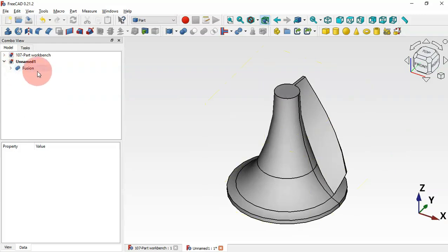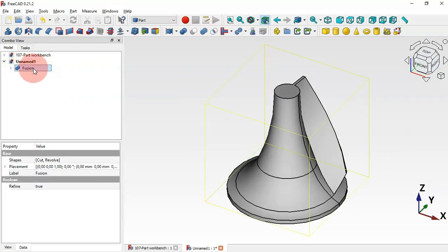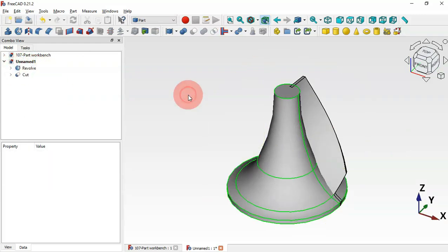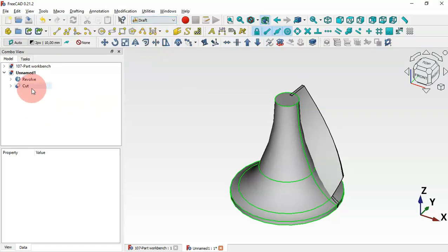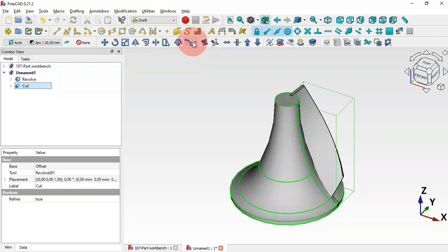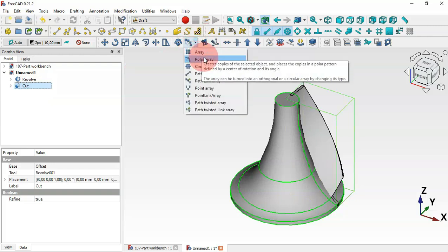So let's close here and let's delete this fusion. Select this fusion and delete. And now we change to the Draft workbench. Select draft and select this cut here, and let's create a polar array. Select polar array